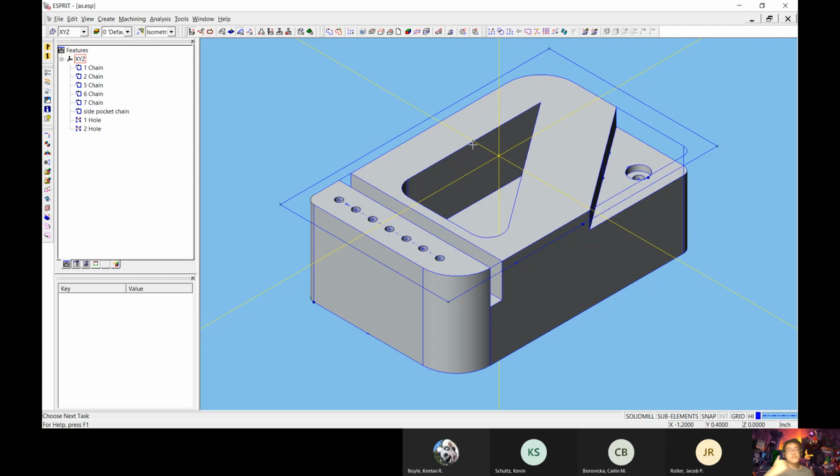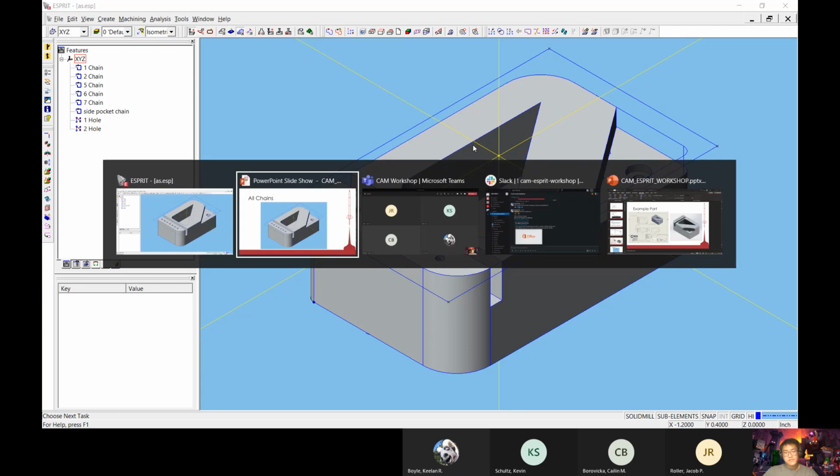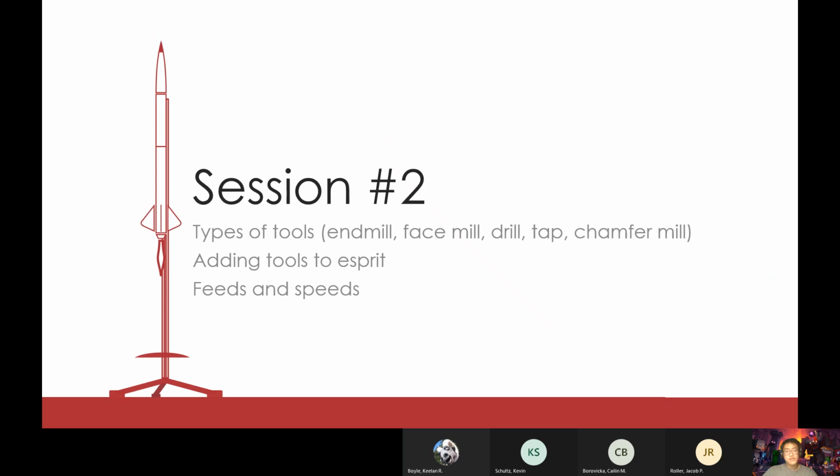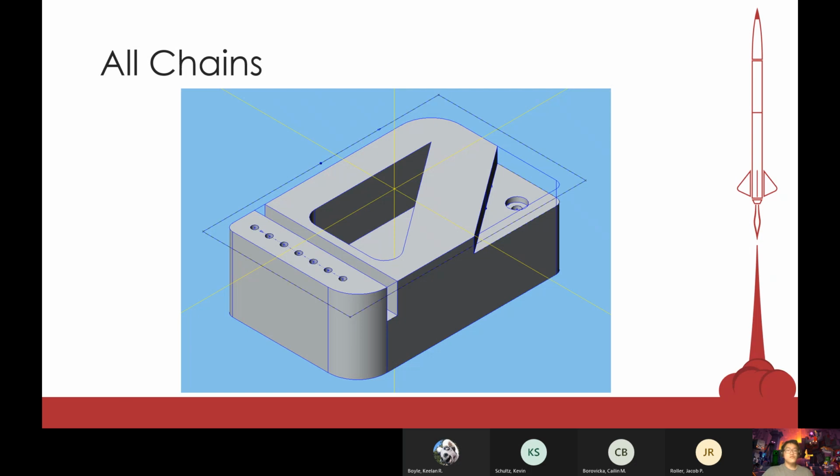Is everyone good? I am. Okay. That's what I have for today. For next week, on Tuesday, we're going to talk about different tools, adding tools into the software, and then something called feeds and speeds. But today, we've learned how to create chains,